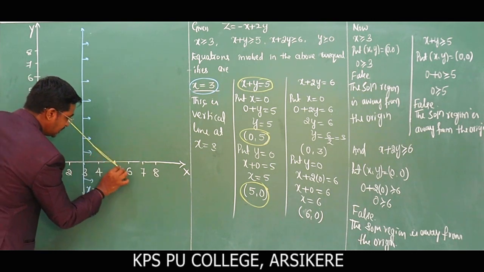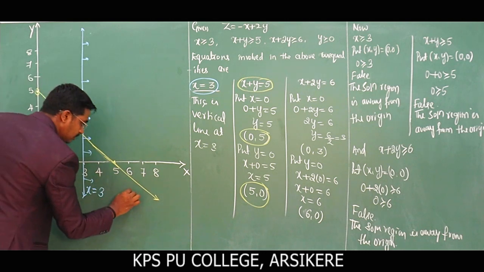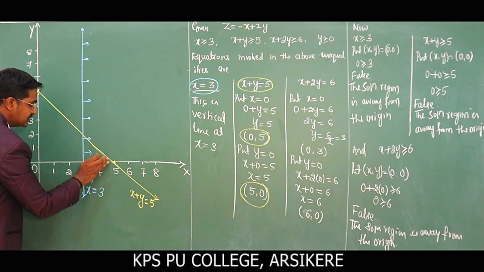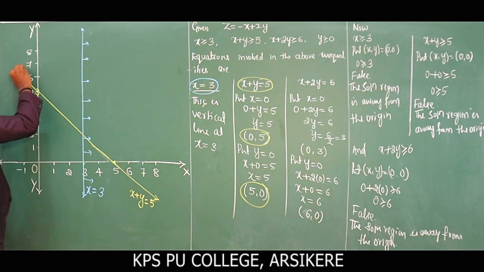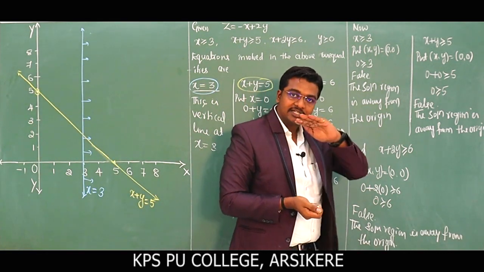Okay, so use the scale. This is nothing but x plus y is equal to 5. Clear? X plus y is equal to 5. Extend here. Okay. Similarly, when I substitute x is equal to 0 and y is equal to 0 for the corresponding